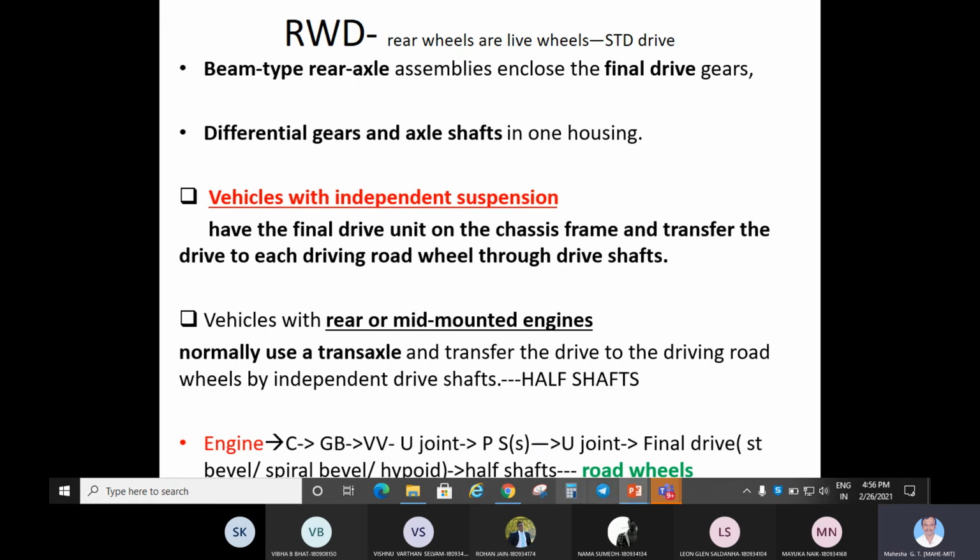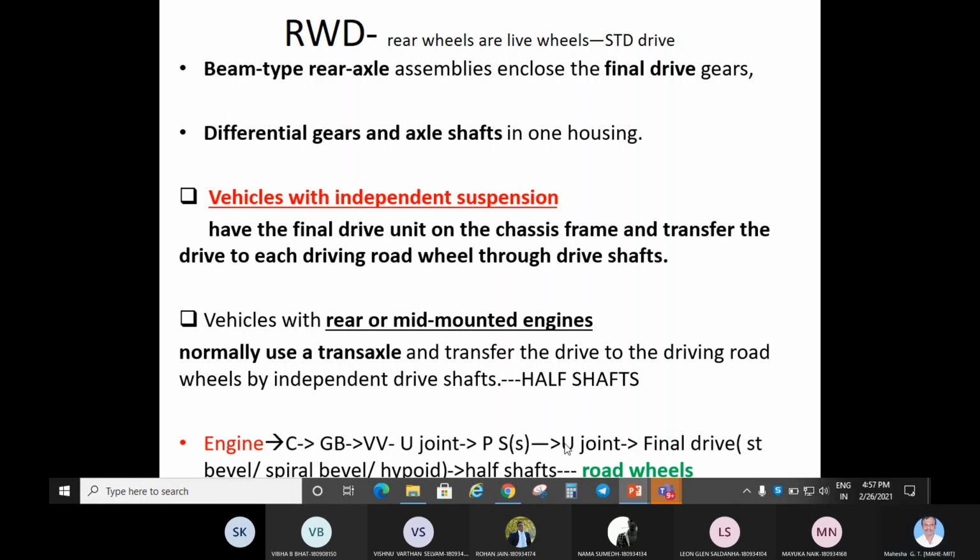So this is how the drive goes normally from the engine or torque generator. In general, we will call that the torque generator. It goes to the clutch, the clutch to the gearbox, the gearbox to the variable velocity U joint normally. Here no constant velocity U joints are used, variable velocity U joints are used. From there it goes to either one single propeller shaft or propeller shafts. They may be single or more. Singular if it is a short wheelbase vehicle, plural if it is a long wheelbase vehicle, depending upon the